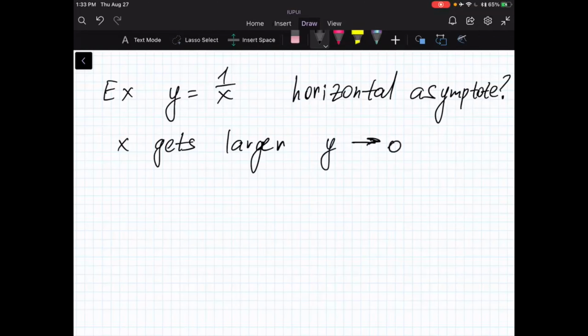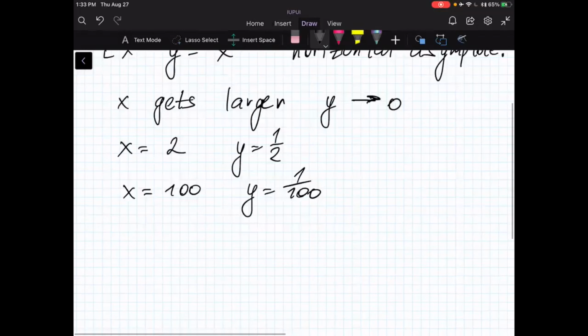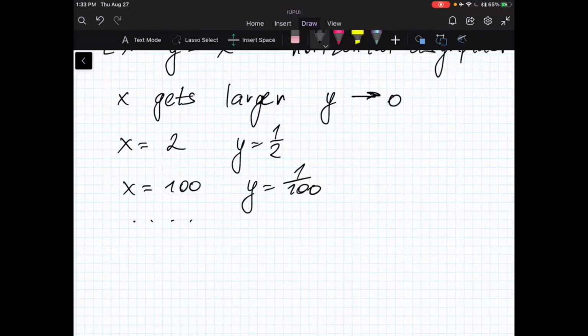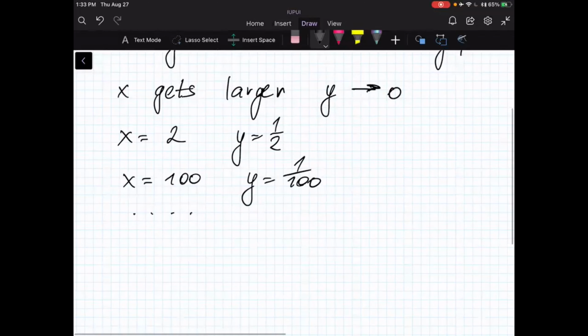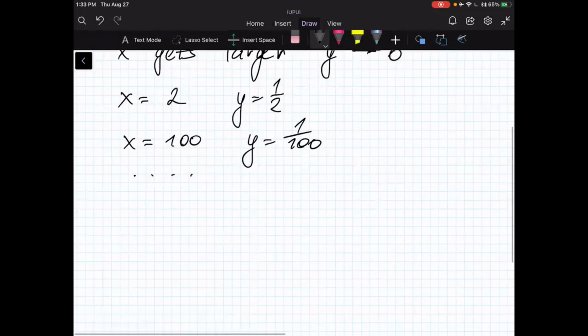Right? So, for example, when x is 2, then y is 1 over 2. When x is 100, y is 1 over 100, and so on. So we see that y comes to 0,